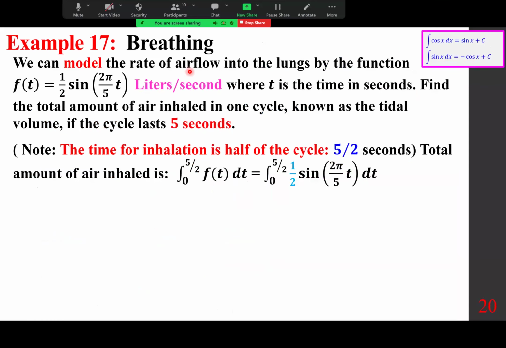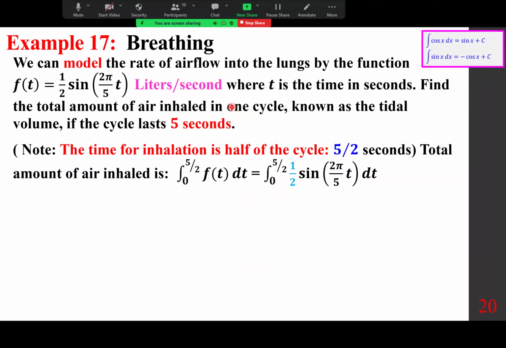We can model the rate of airflow into the lungs by the function f of t equals half of sine of 2 pi over 5 t liters per second, where t is the time in seconds. Find the total amount of air inhaled in one cycle, known as the tidal volume, if the cycle lasts 5 seconds. Remember,